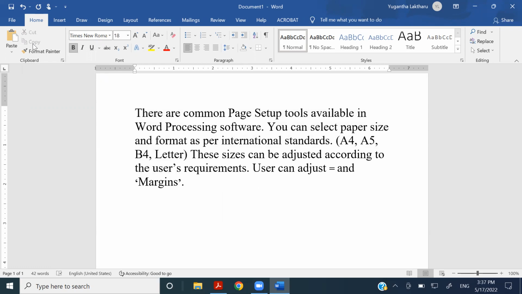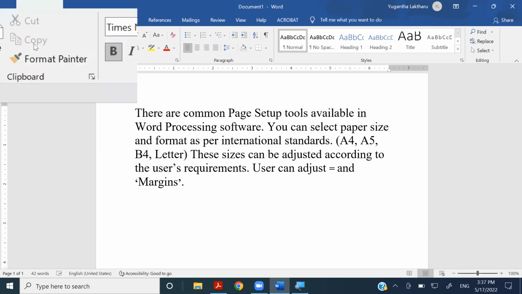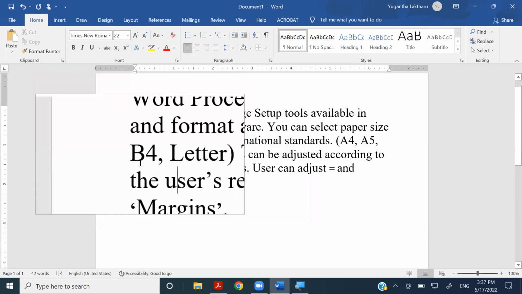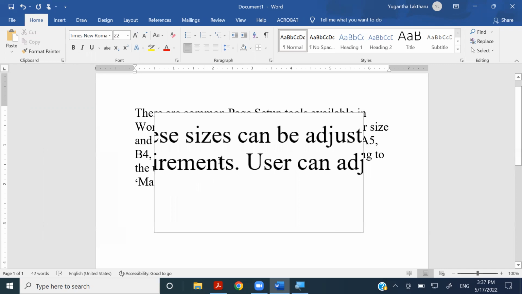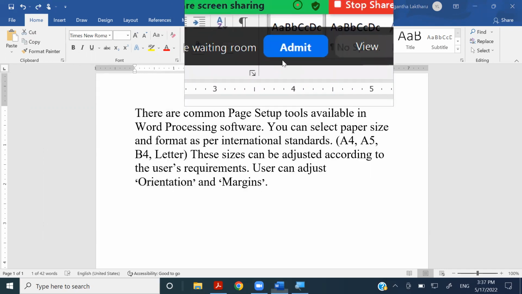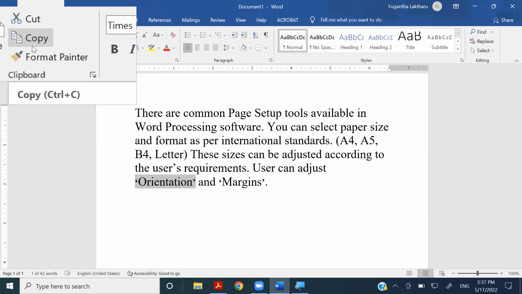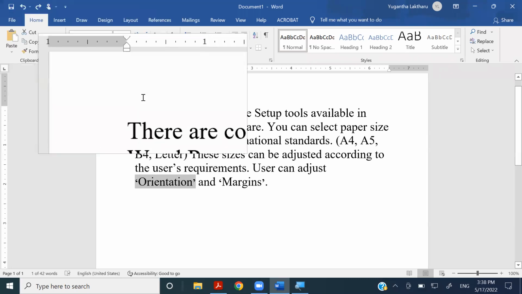Once you've done the selection, if you visit the copy option, here comes the keyboard shortcut. It's Control and C, right? So Control and C, we are going to press it together. When we are writing the keyboard shortcut, it's CTRL plus C, right? So once you copy